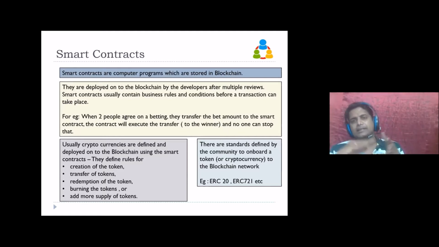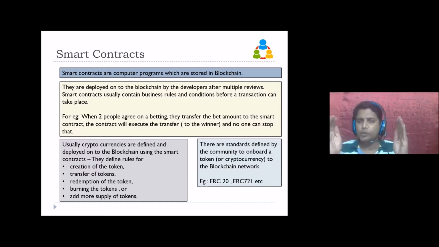Smart contracts are deployed onto the blockchain, and once a smart contract is deployed, it is deployed forever, and it will have an address when you deploy a contract. What this contract does is, it can have conditions. You can write conditions, for a simple example,